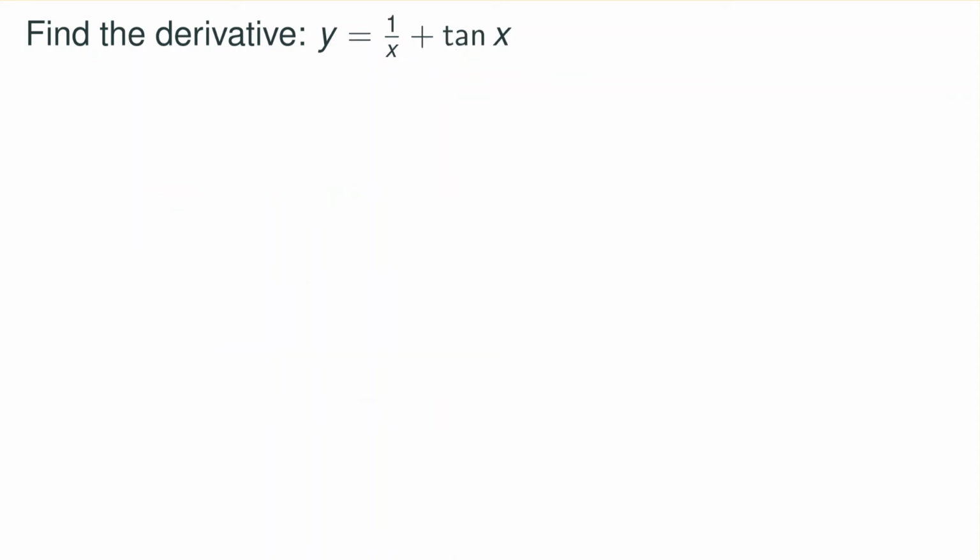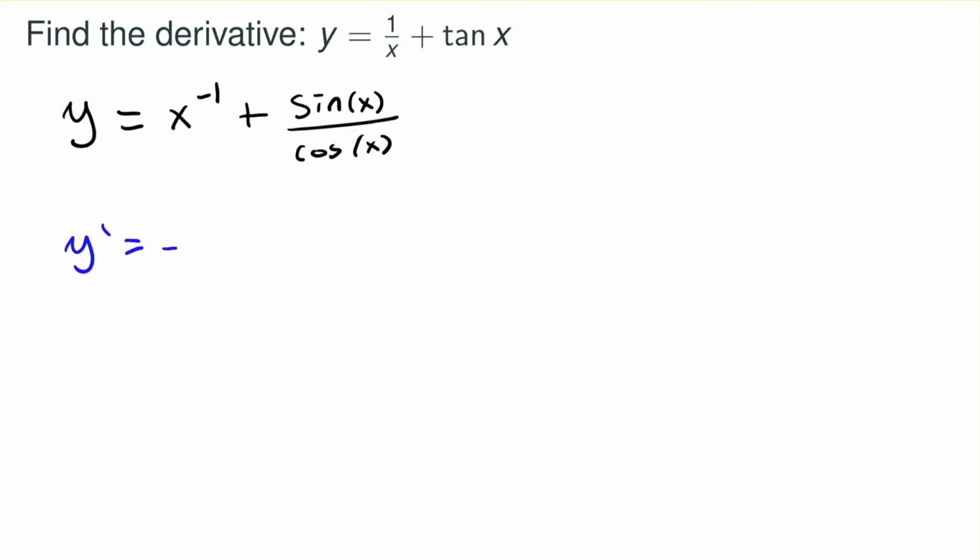Find the derivative of y equals 1 over x plus tangent x. So let's rewrite this, y equals x to the negative 1 power, so we can apply the power rule. Plus, for tangent, we can rewrite this as sine x over cosine x, because if you write it as sine x over cosine x, we can apply the quotient rule. We know the derivative of each sine and cosine. So let's find the derivative, which is negative x to the negative 1 minus 1,